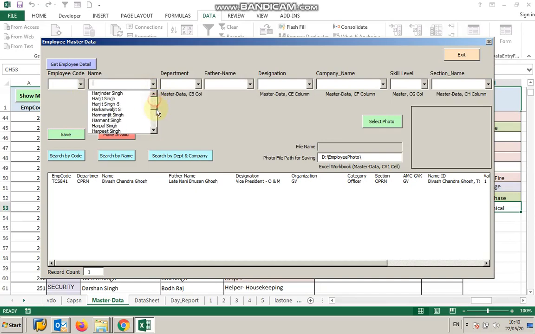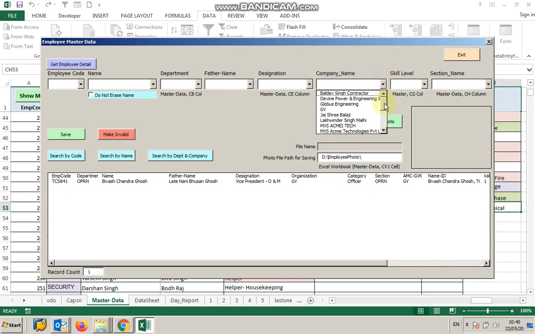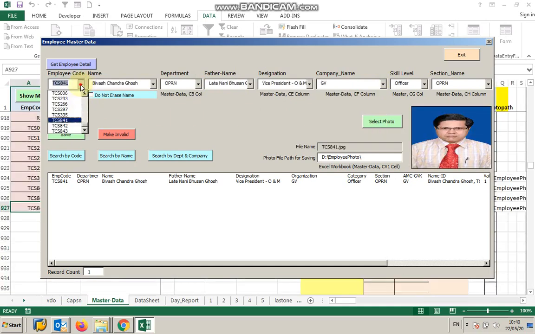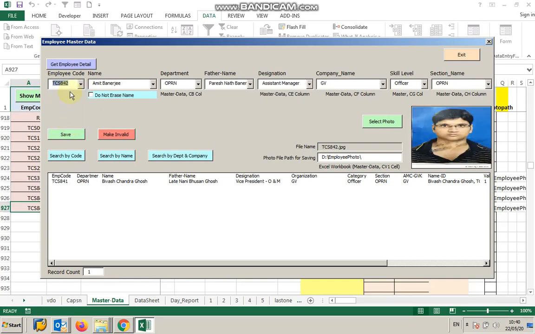Here you see that a value list is there. You can select any number, and correspondingly all these things, even the photo, come. You can select a photo from somewhere and save it. There are many more advantages, but you need to have coding knowledge to apply this. So today's video is not about this.